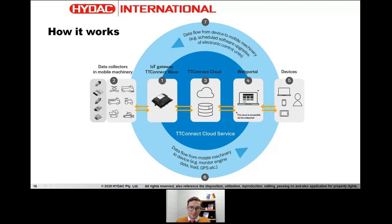And we store the data on the cloud, and we present that information to you via the web portal, which is our TTConnect cloud solution. And then you can view that information on your laptop or on any device. And via that, we can also send data from the cloud to the device, for example, settings or things like that. And we can also manage software of the controllers, the controllers that are connected to the TTConnect Wave